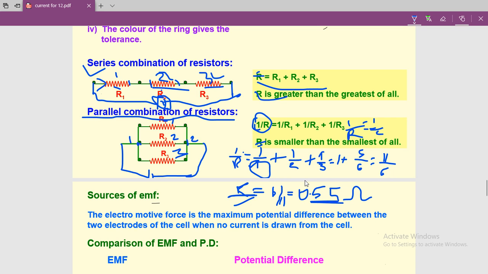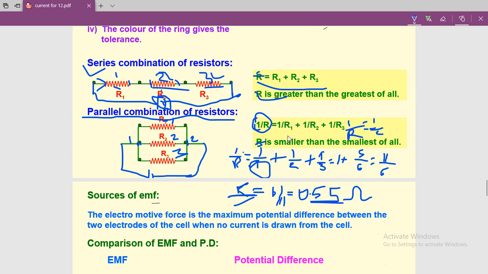Okay, so I hope you understand this concept of parallel combination. I hope you are getting my point, and by these characteristics and by using these formulas you can solve different questions based on this topic of parallel and series combination. So take your book and try to exercise different questions. In further classes I will explain the same thing with the help of different questions.